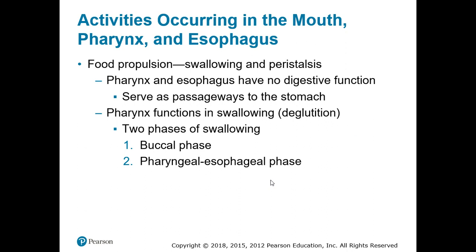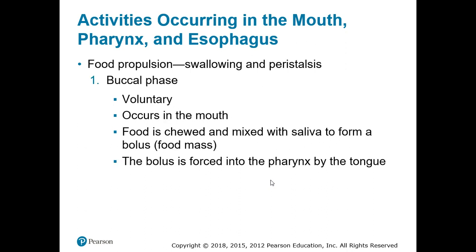There are two phases of swallowing. There is the buccal phase, and buccal, remember, is the term used for the cheeks of your mouth. And then you have your pharyngeal esophageal phase. Let's first focus on this buccal phase. This phase is voluntary, which means we have control over swallowing. It's going to occur in the mouth, hence why we have buccal for the cheeks. Food is essentially chewed during this phase. It's going to be mixed with saliva. It forms that bolus mass,